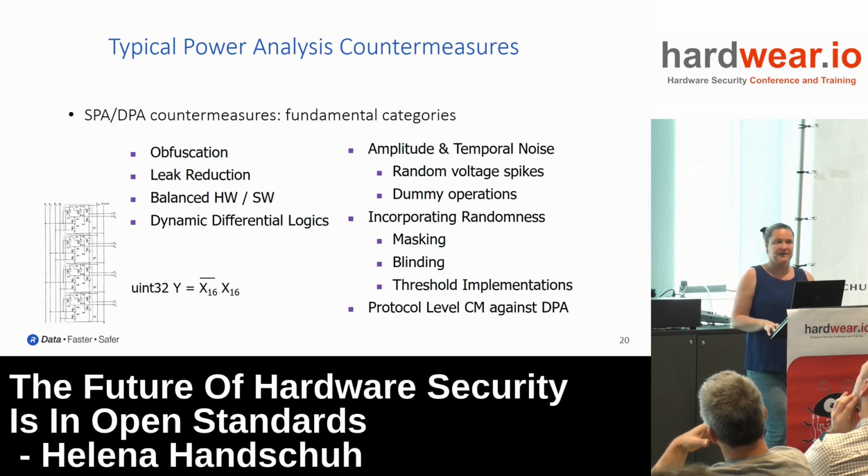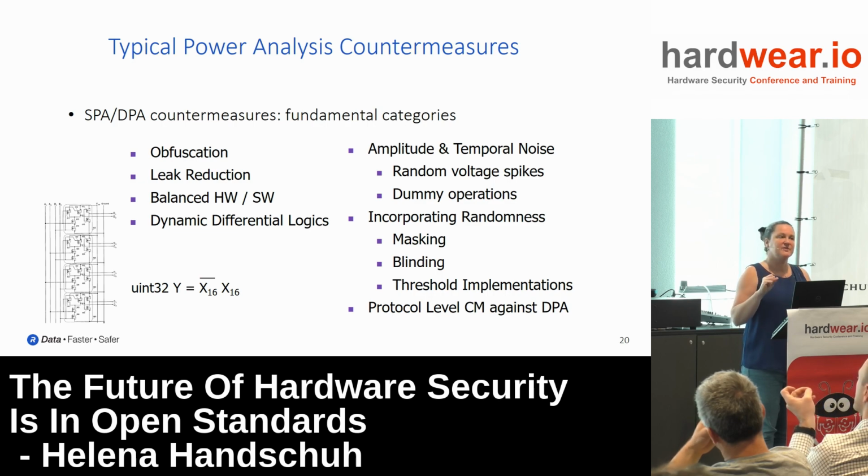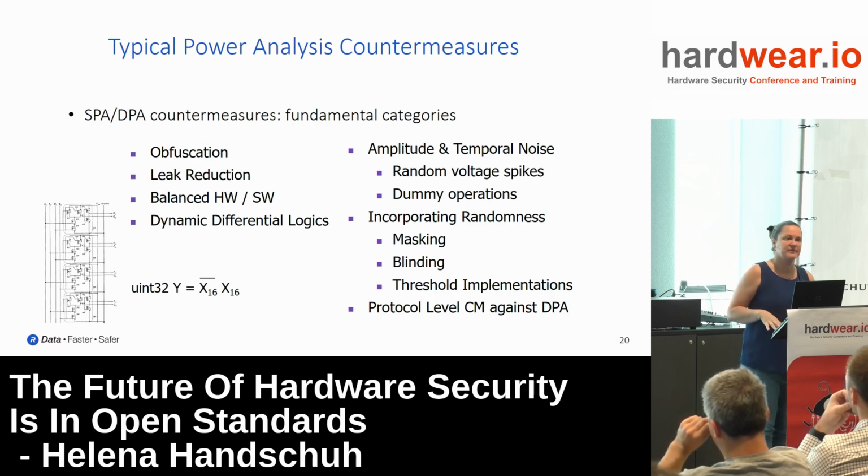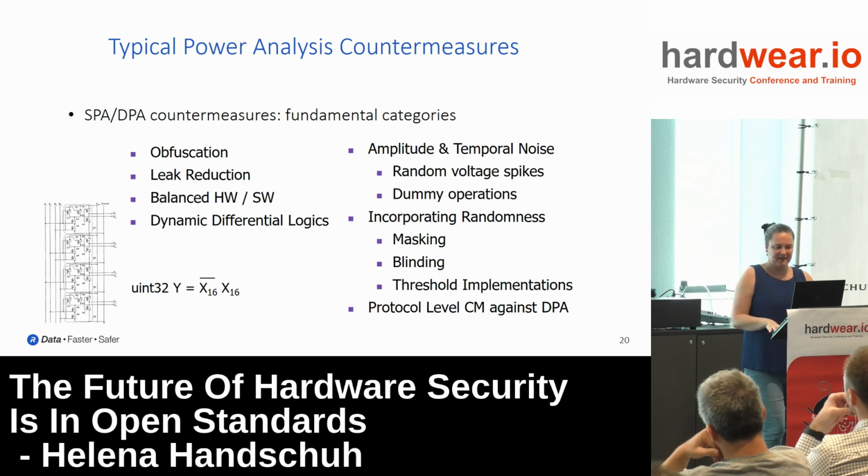So now what you're doing is taking your original data and masking it with a random value so that it has nothing to do with the data you were supposed to be processing. You run through the algorithm, do some tricks to realign, unmask in the end, and provide the output. But throughout the computation, whatever you were supposed to be doing looks completely random. And so it's way more difficult to sort. Then you have to go to second orders, third orders, higher orders in order to attack this. Masking is the term for symmetric key crypto; it's called blinding for asymmetric key crypto.